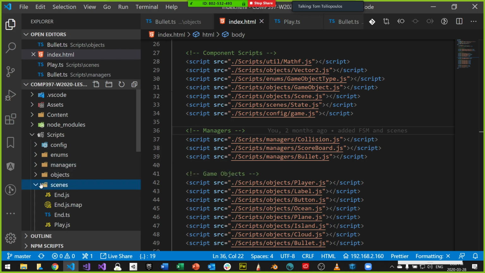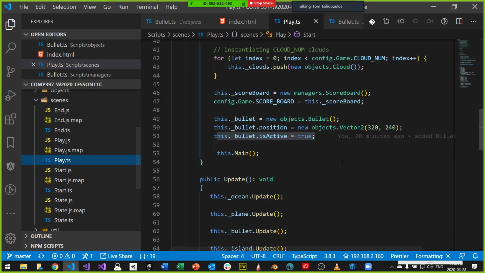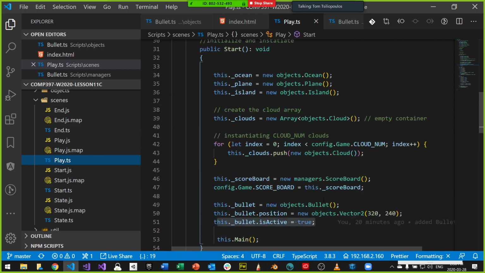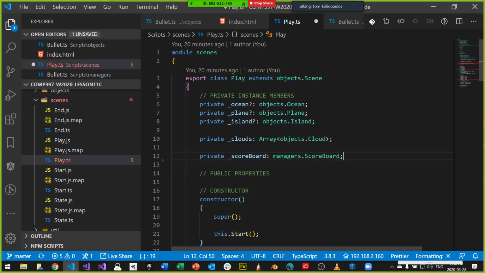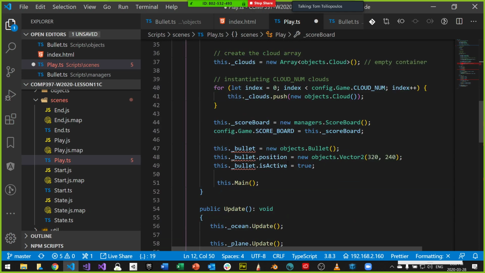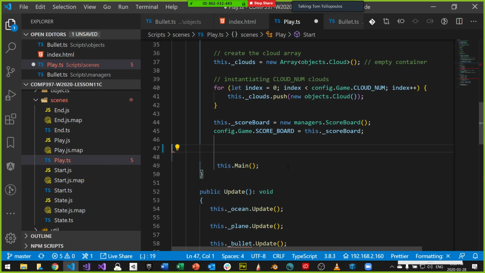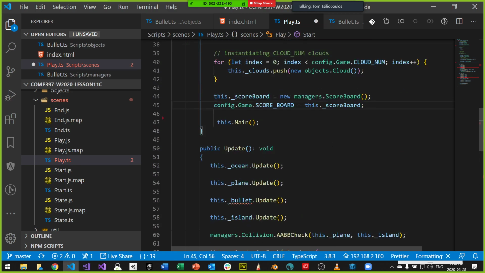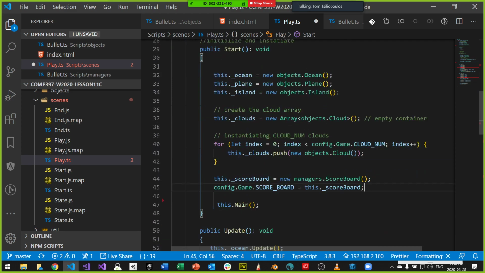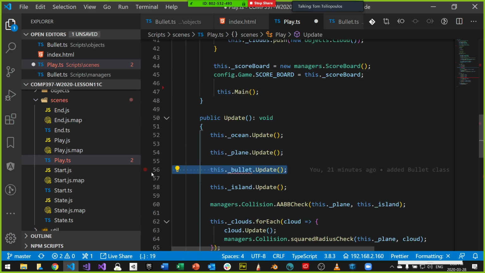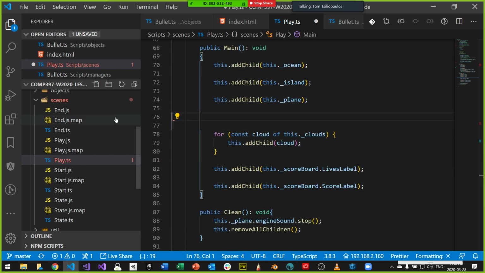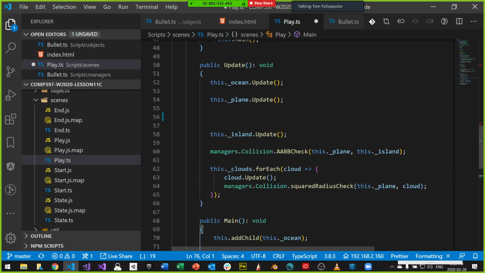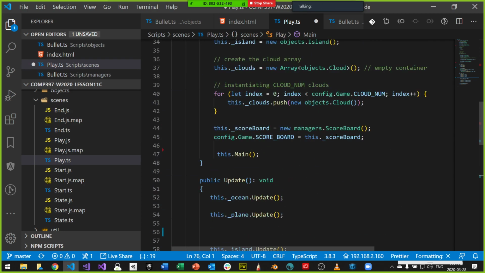Like always. So in my scenes, I'm going to go to my play scene now, and I'm going to get rid of my bullets. I don't want the bullet anymore. But remember that in the same positions that we had them, this little bullet here, it's the same thing that I want to do for bullet firing. I don't want to update individual bullets anymore, and I don't want to instantiate or add single bullets. I want to do this with a bullet manager. So how is this going to look?